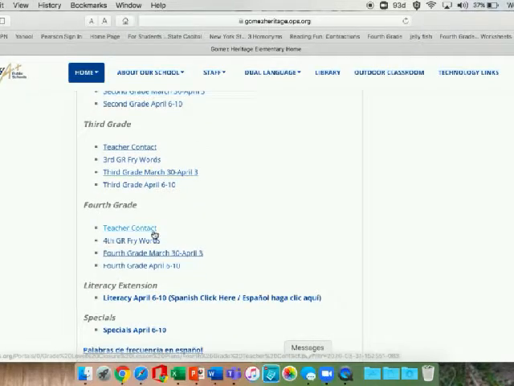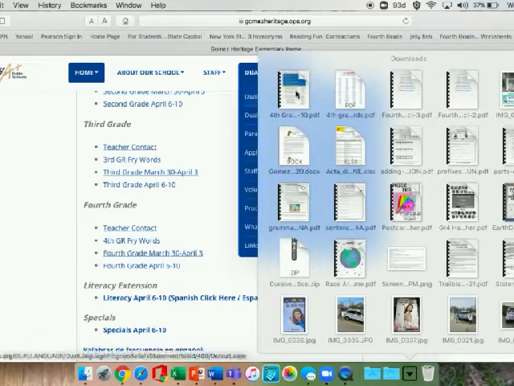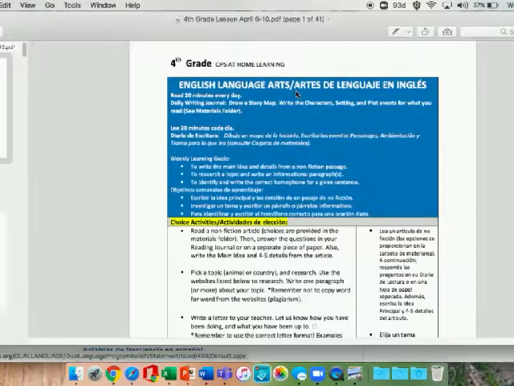So next up, after these two bullets, we have the lesson plans. Now, fourth grade, March 30th through April 3rd, those were the lessons from last week. And then fourth grade, April 6th through the 10th, those are the lessons for this week. Obviously, the 6th was Monday, the 10th is Friday. So you're going to click this. It will download. It is a large document. I think there are about 41 pages, so it's going to take a while to download. That wasn't too bad, I suppose. So if you click that,